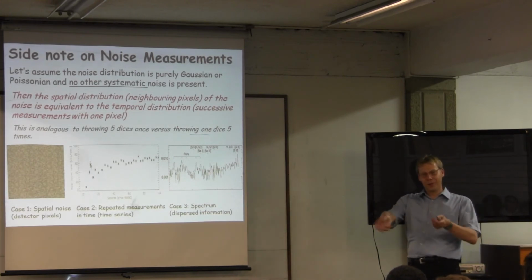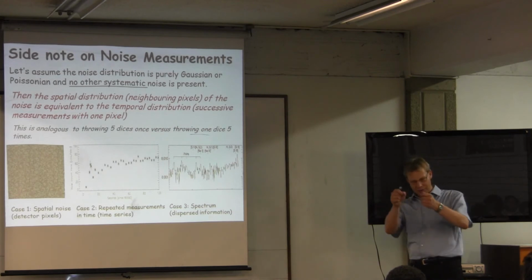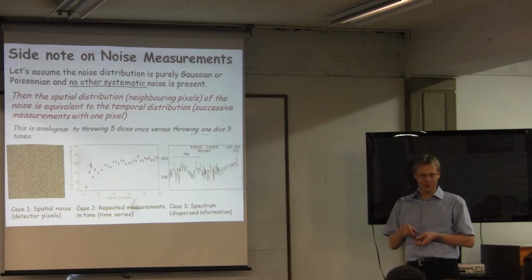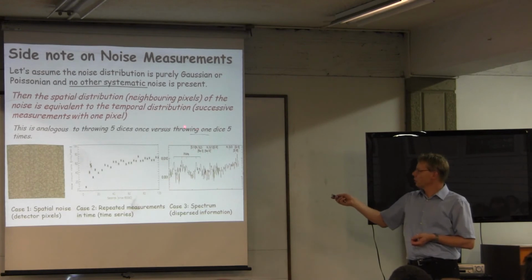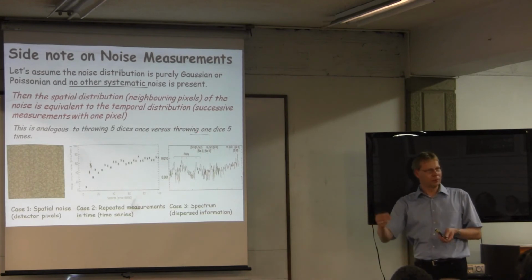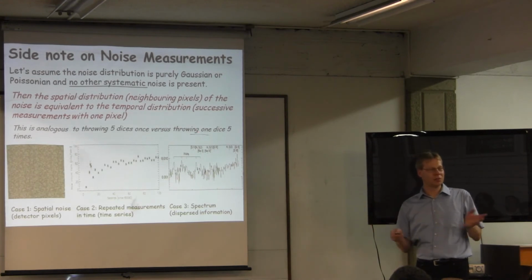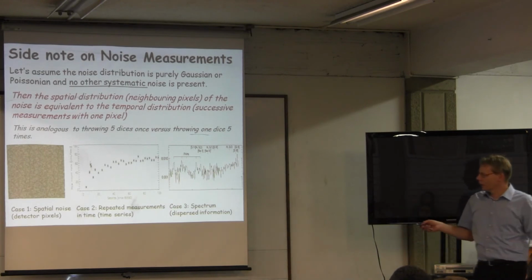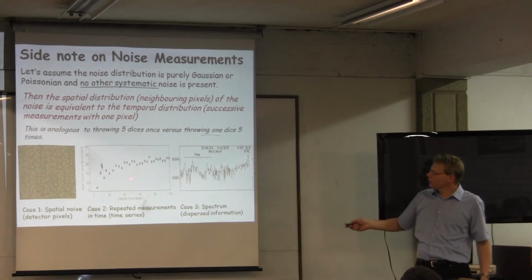And then you throw 5 dice and you count the numbers or the eyes on the dice, or whether you do it with 1 and just repeat it 5 times. The statistics essentially is the same. And so whatever we discuss here about